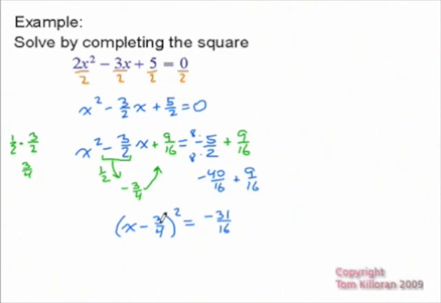Alright, to finish off the problem we're going to go back to the square root method. Square rooting both sides. Since this is a perfect square, we can square root it, and we square root the other side also. But don't forget, when you square root both sides of an equation, one of the first symbols you want to put in is a plus or a minus in front of the answer side. Alright, so on this side we will get x minus 3/4 is equal to plus or minus the square root of negative 31